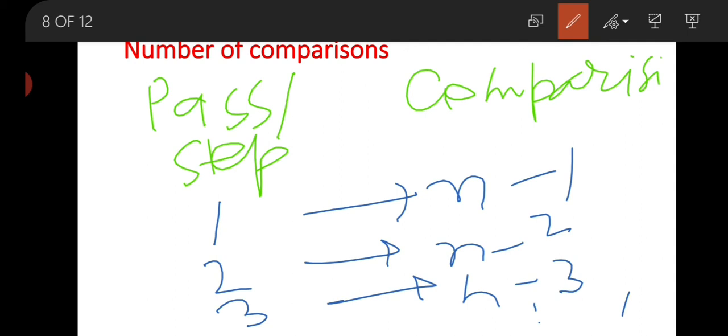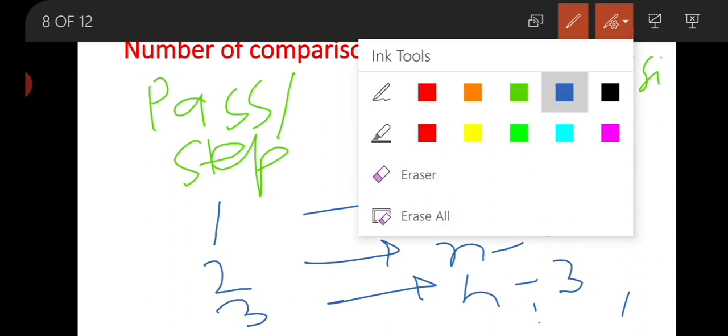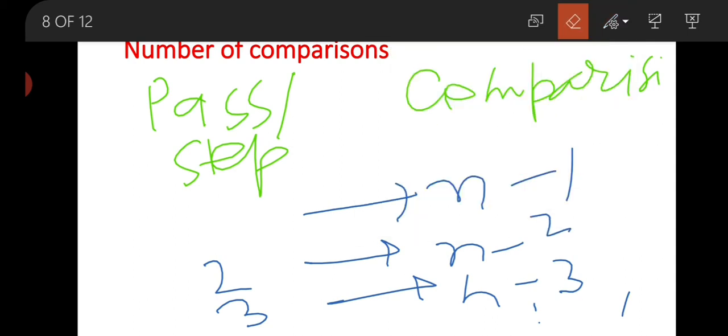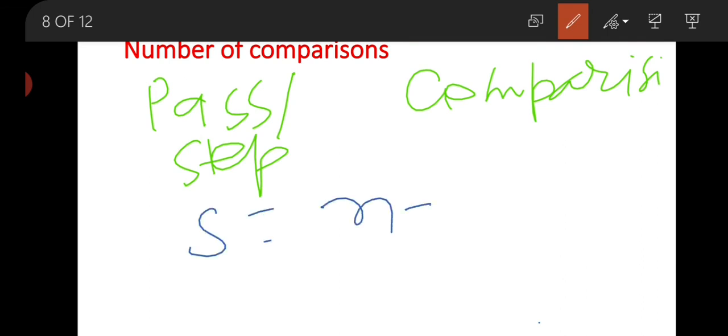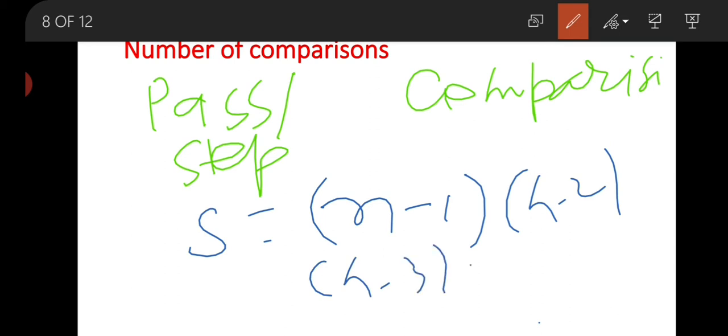Now, if you write this as a sum of series, you will get s equal to n minus 1, n minus 2, n minus 3, up to 2, 1.